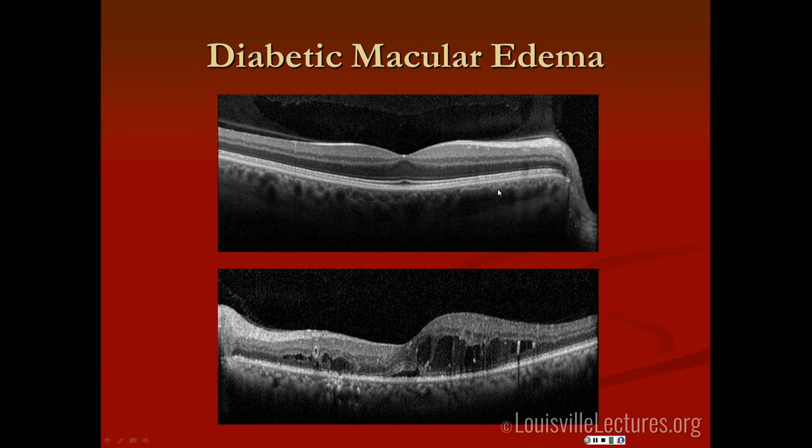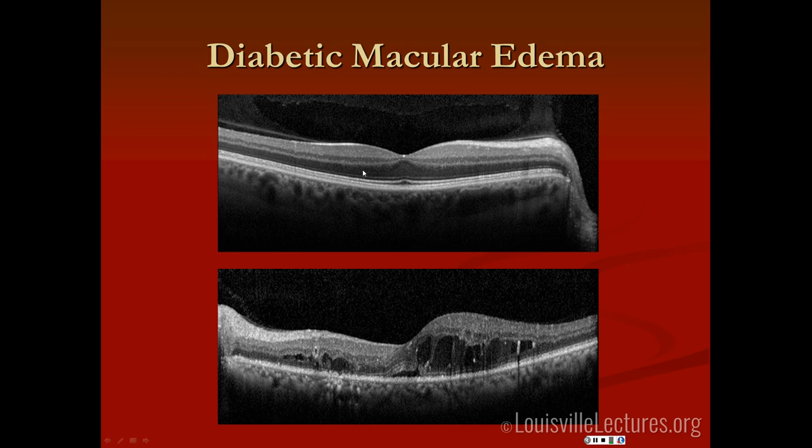When you get really bad diabetes, you can get diabetic macular edema, and they can get this even without like proliferative changes, without neovascularization, and you get these clefts or cystoid spaces caused by leaky blood vessels. And the main thing is that